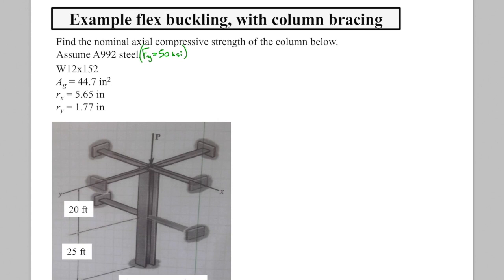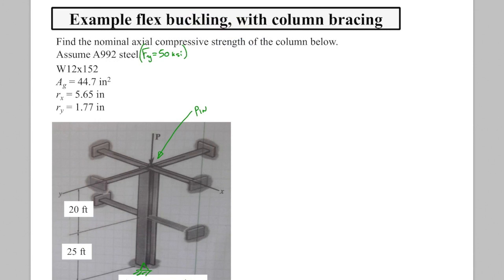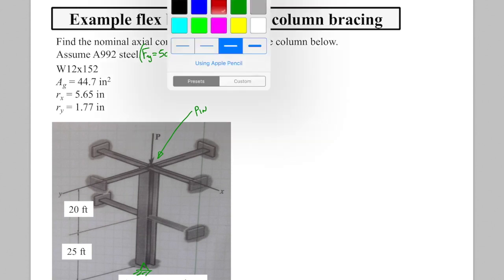But for right now, let's just start this off and say that this point here is a pin, and then you see down here it says assume the bottom is a pin. So I'm also going to have a pin here, so I'm just going to draw a little pin like that. So now I've identified the top and bottom of the overall column, and if I were to draw that